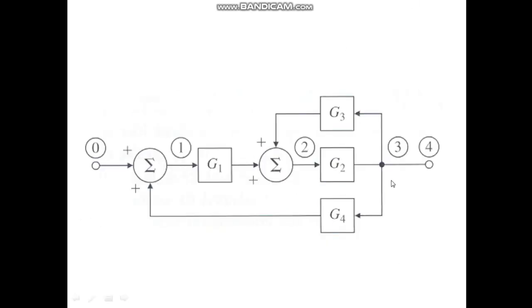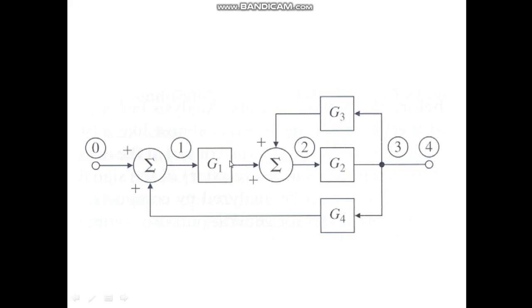So now what we can do is split, since the feedback line which is connected to G4 and the feedback line which is connected to G3 are taken from the same source. So you can split this takeoff point into two separate takeoff points. Thus G2, G3 and this summing point will give you a minor feedback loop that you can eliminate. After eliminating this minor feedback loop, we get G2 divided by 1 minus G2 into G3.